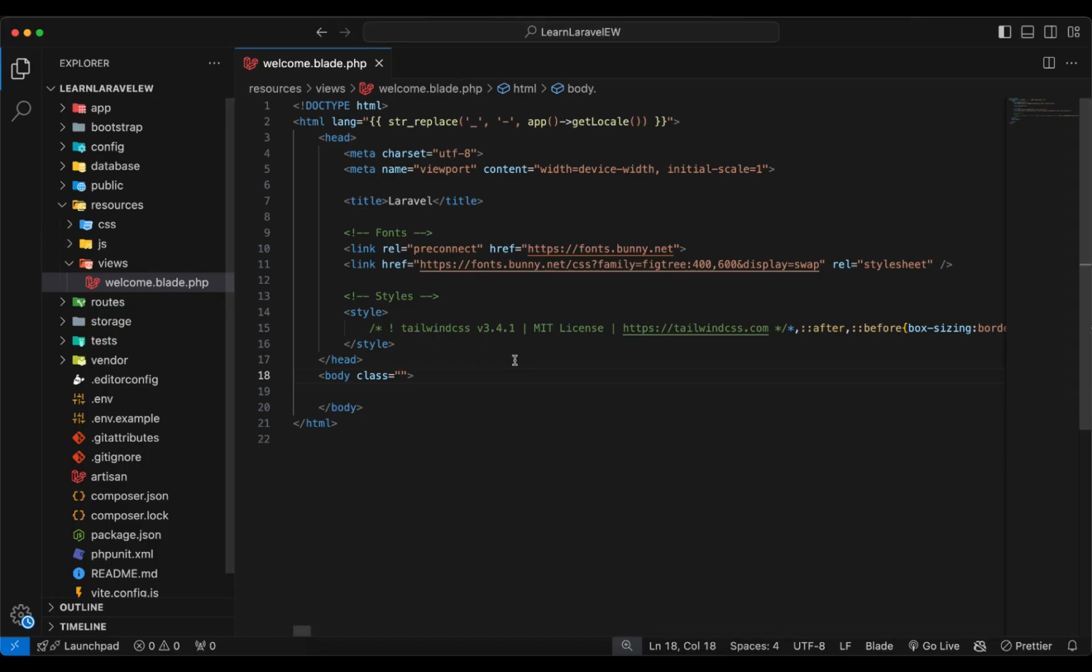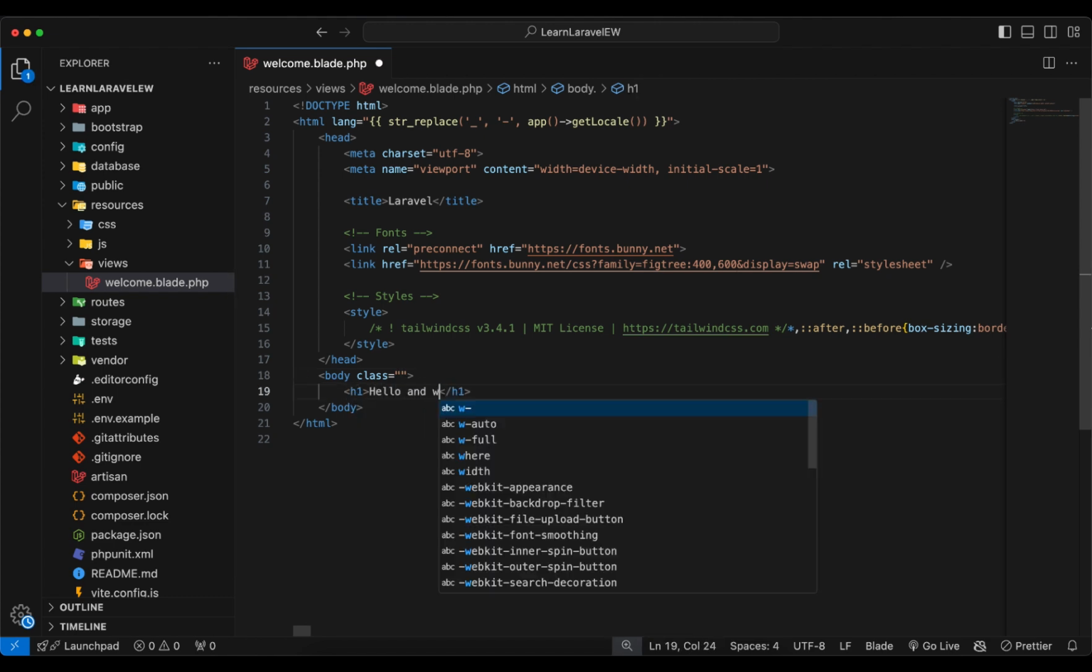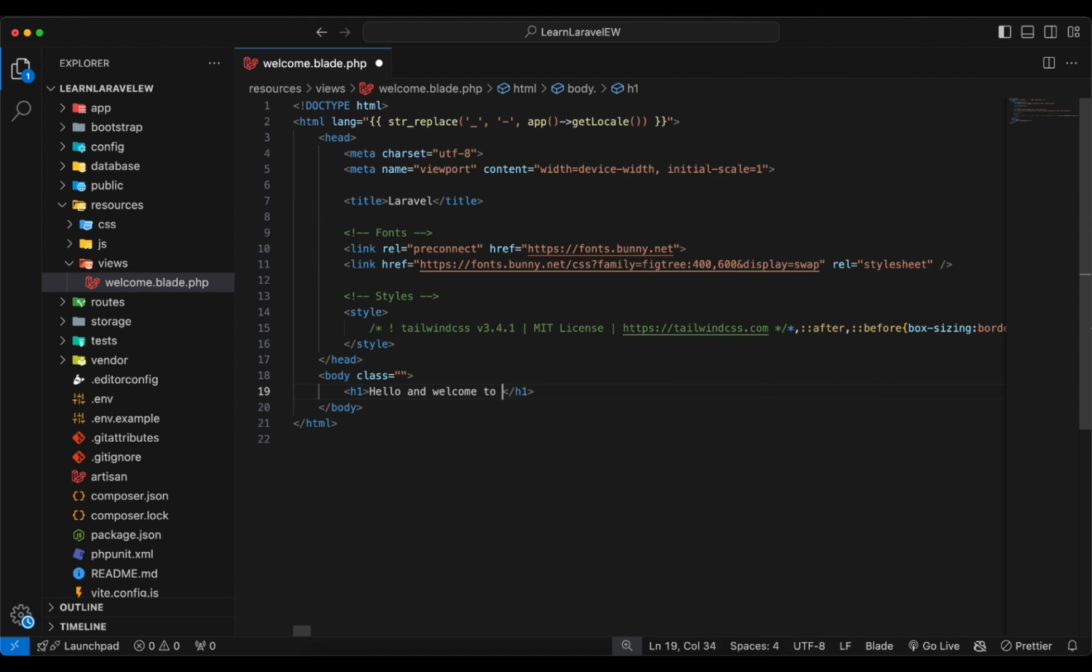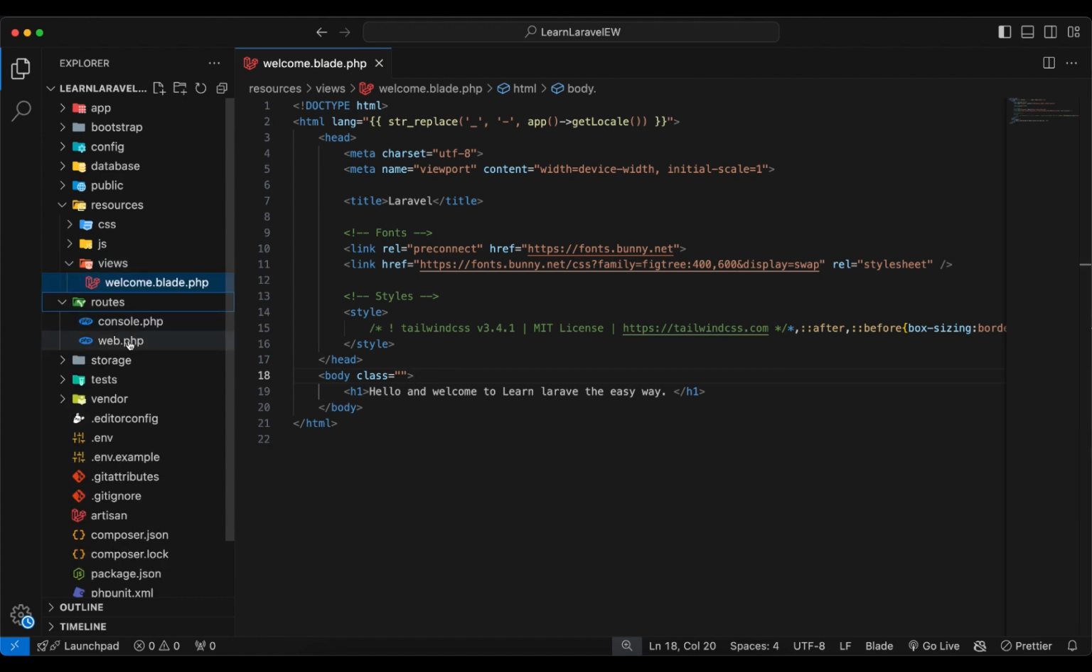We can now put something like an H1: hello and welcome to Learn Laravel the easy way. When we do this and save, we go back to our browser and refresh. It tells you, hello and welcome to Learn Laravel the easy way. So at this point, you've successfully run your Laravel application and you have it looking nice on the screen. So we're going to go back to our routes folder and look at the